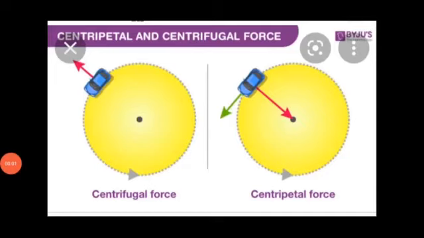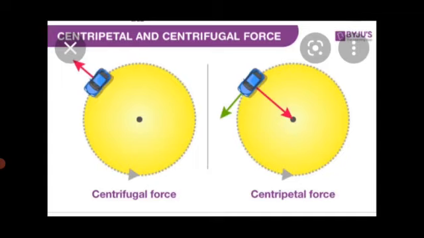Next, we are going to see the next topic, that is centrifugal force. Centripetal force we have already discussed. It is towards the center, that is, it has an origin. Circular motion can be analyzed from two frames of reference. One is the inertial frame. Inertial frame means whether it is at rest or in uniform motion, there Newton's laws are obeyed. The other one is the rotating frame of reference, or non-inertial frame of reference. There it is accelerating.